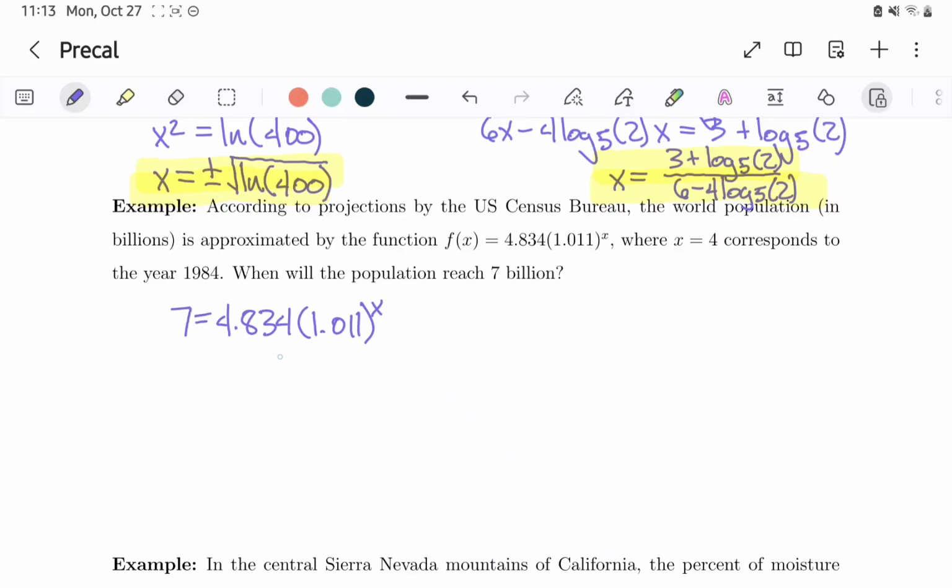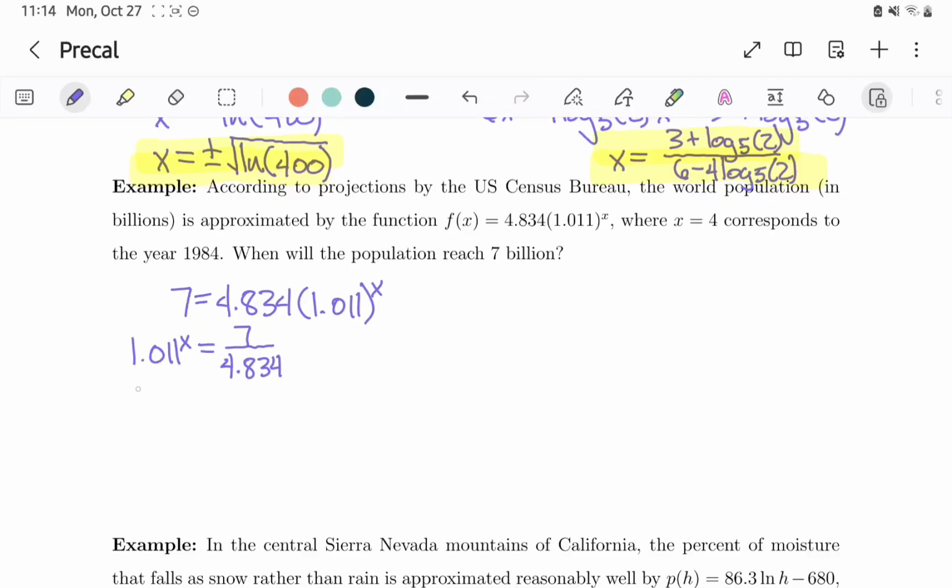So the first thing that we can do is divide both sides by the coefficient 4.834. So we end up with 1.011 to the x is equal to 7 divided by 4.834. Okay, and then just like in the previous examples, we can take log base 1.011 on both sides. So we have log base 1.011 of 1.011 to the x equals log base 1.011 of 7